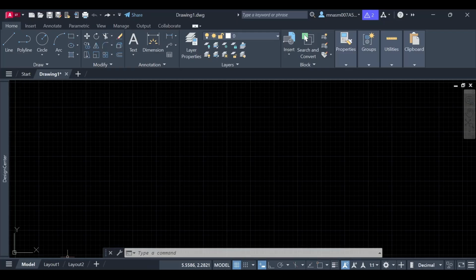In the status bar there is model, and this is dynamic input, and we can toggle them using shortcut keys. This dynamic input can be toggled by the F12 key, and it can be toggled like this. It can be turned on and off using F12. Okay,